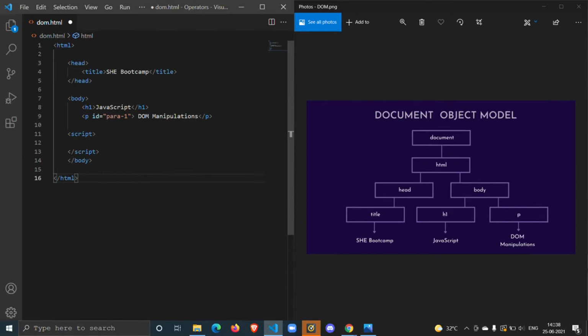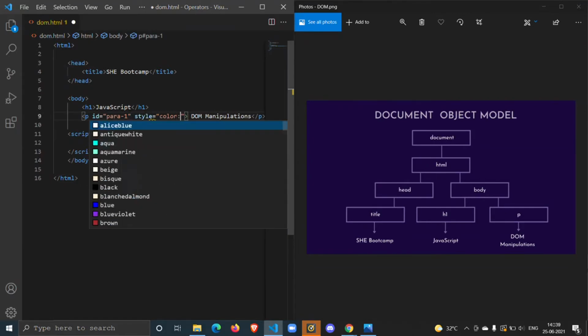So the browser converts this HTML document to document object model, which is a representation of the HTML document, so that JS can understand. JS can see the tags here as objects and make changes, access them and make changes to them. I hope it's clear. If it's not, just know the summary that DOM is a form of representation of the HTML document itself, which can be understood by JS. So JS can access the HTML elements on the web page and make changes on them or make them interactive, etc.